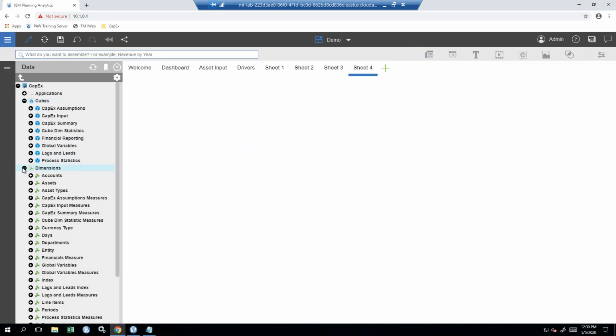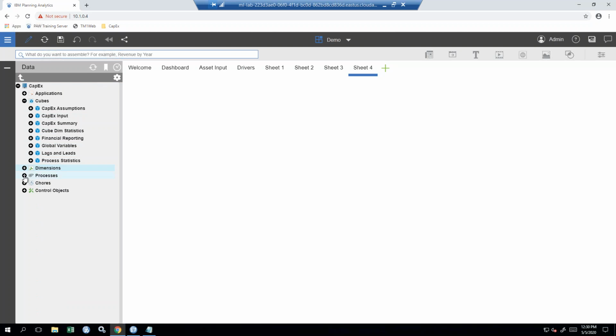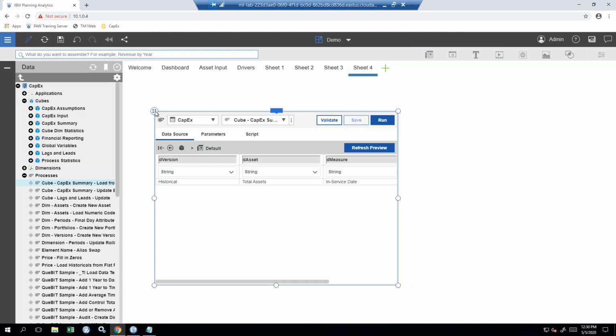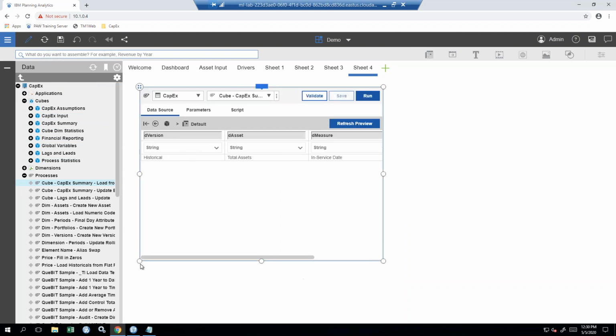I'm going to just roll this up, this dimensions, and expand out my processes. I happen to have already had the process written. I'm going to click and drag it onto my workspace. And one of the things here is